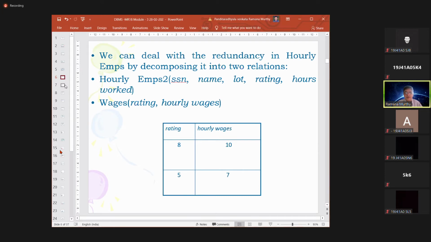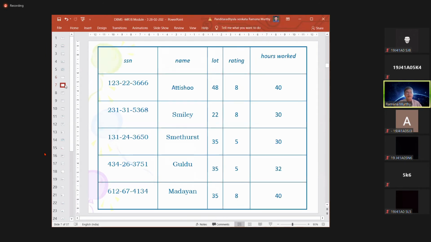By using a centralized database, anyway we are avoiding multiple copies. But what happens if this information is in the same database or in the same table? That will be avoided using decomposition. So here we are simply using the rating and hours worked. If along with the rating you use hourly wages also, it appears twice. What unnecessary